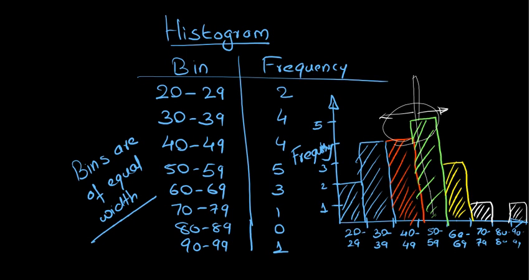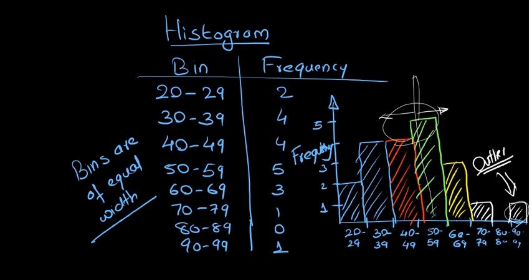Another thing you can see here is that there is one value which is lying outside this distribution, which you can treat as an outlier depending upon your problem. In this case you can treat it definitely as an outlier, because 90 to 99, the age of that employee is above 90, which is definitely an outlier. Might be he is a CEO or the owner of that company or something like that. So he's still working in that company. So you can treat that as an outlier. So this type of information you get.